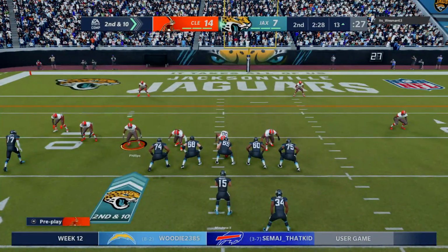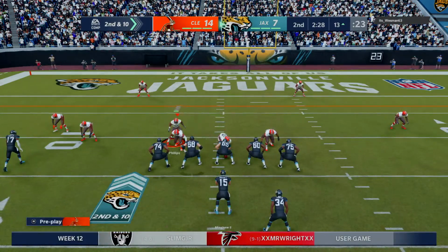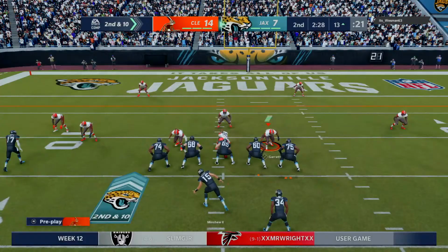Hey, we got 3 out. Mike's 50, Mike's 50. Hey, watch the slant. 36. 6-6, pull it